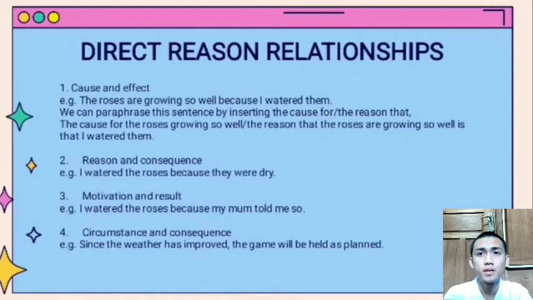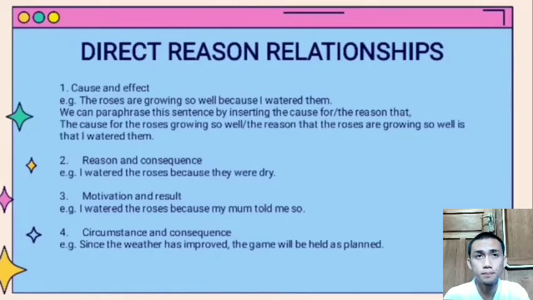Direct reason relationship. 1. Cause and effect. Example: The roses are growing so well because I watered them. We can paraphrase this sentence by inserting the cause for or the reason that. The cause for the roses growing so well, or the reason that the roses are growing so well, is that